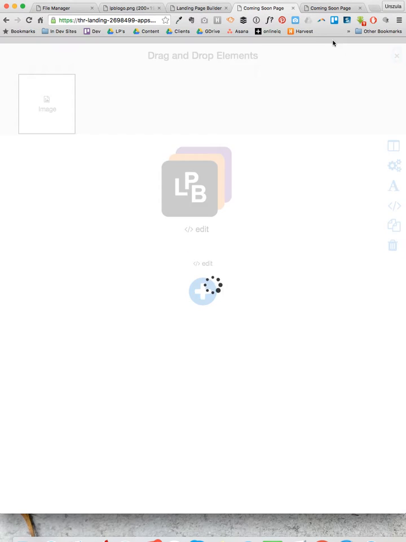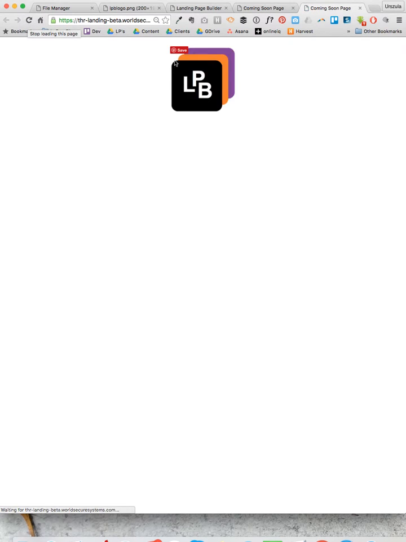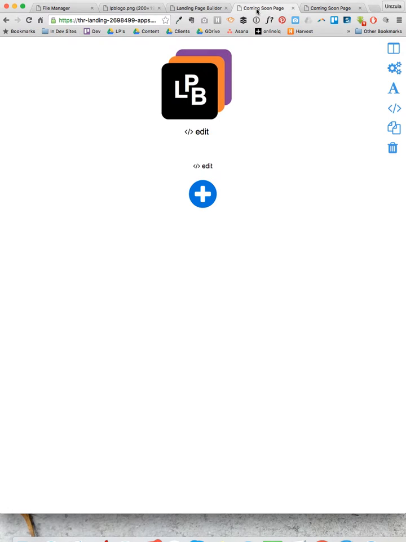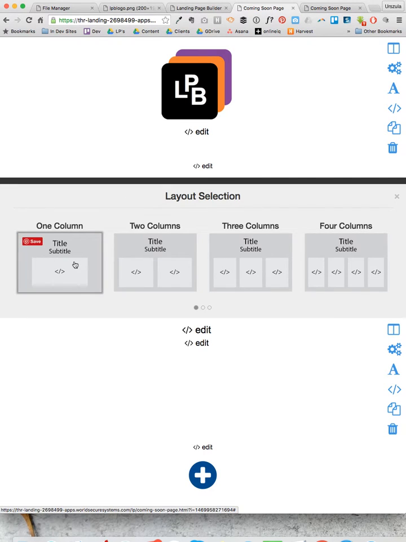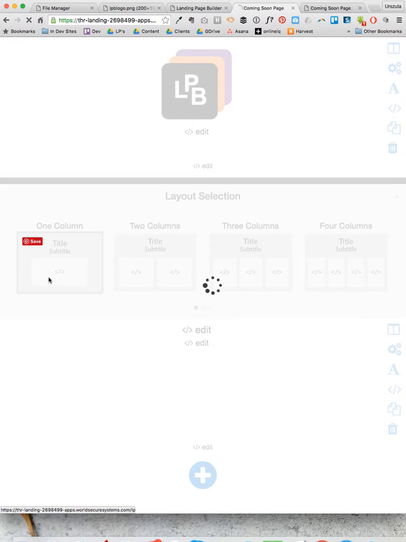I can close that section now, and if I go into the preview tab and refresh the page, what I will see is the logo showing up nicely. So the next section involves, I'm going to leave these blank, and you'll see that they will compress when the next section comes along. So I'm going to create another section, and it's the same basic layout that I need. I'm going to choose that one